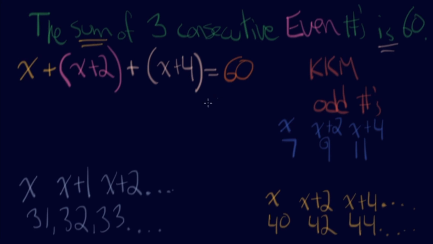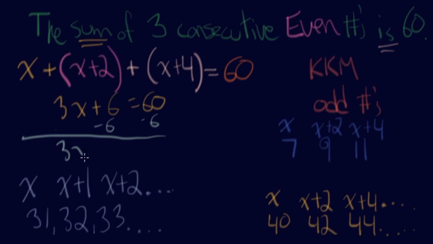So this isn't too bad. Let's go and combine our like terms. So we have 3x plus 6 is 60. So I'm going to go and subtract 6 from both sides. So 3x is going to be equal to 54. And if I divide both sides by 3,